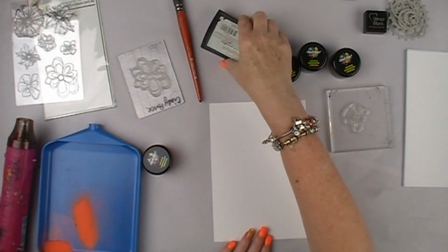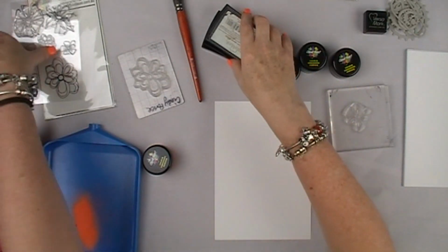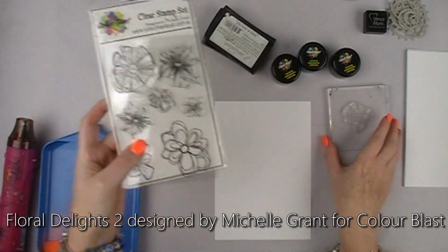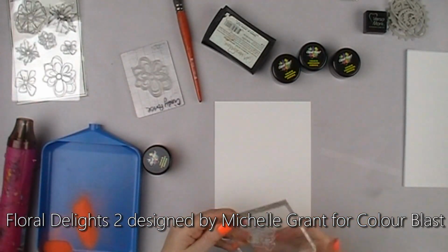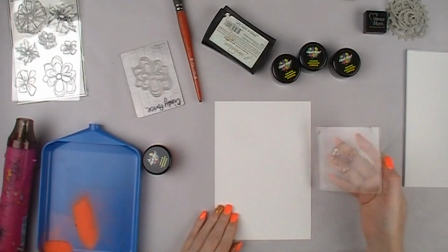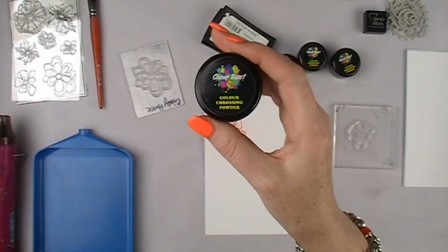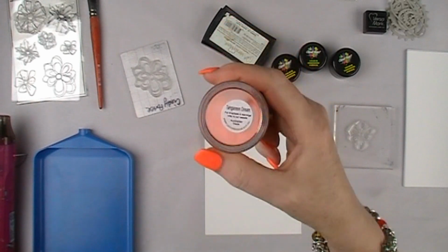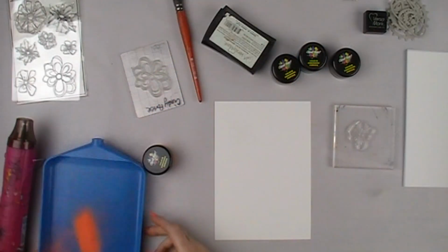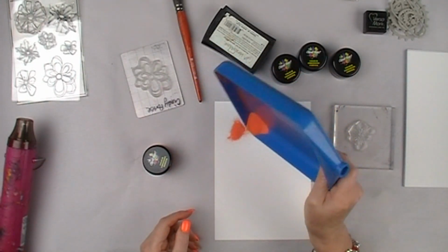Welcome across to the desk. I'm going to start by demonstrating standard normal stamping and embossing using the Colour Blast Floral Delights 2 stamp set that was designed by Michelle Grant. I'm just inking up the stamp with Versamark and applying some Colour Blast Tangerine Dream embossing powder to the stamped image. Just sprinkling that over the image